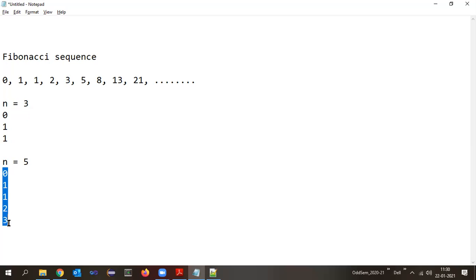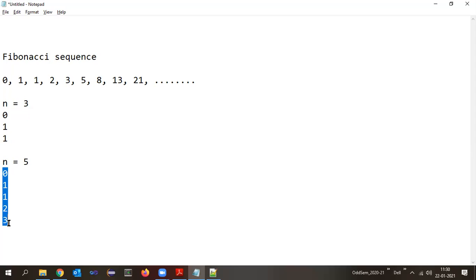Among these, how many numbers do I know? 0, 1. That is how many? 2. From which number should I generate? The third number I should generate, up to where? Fifth number. So what is my starting point for the looping? From the third number up to the fifth number I have to generate, right?